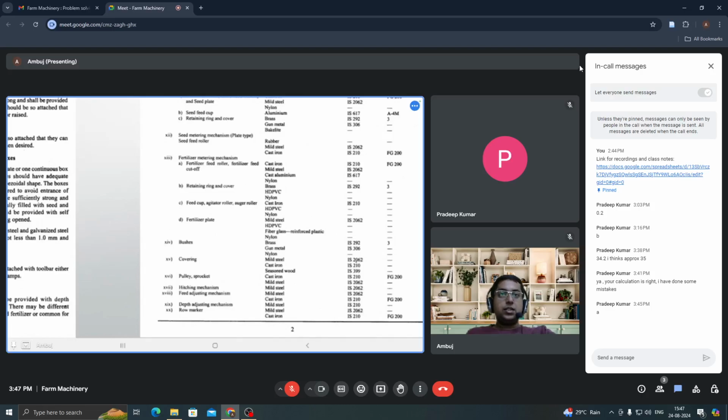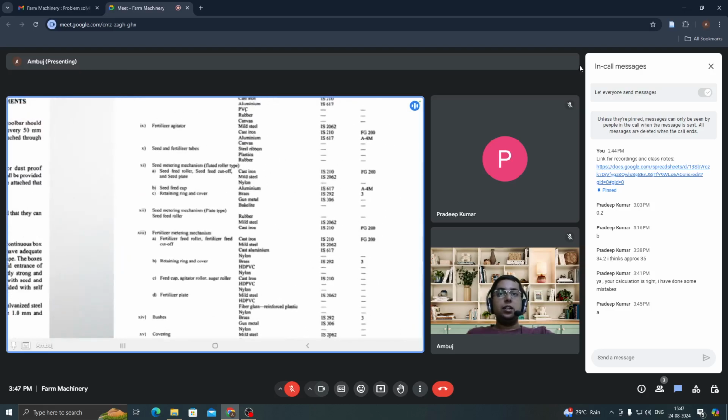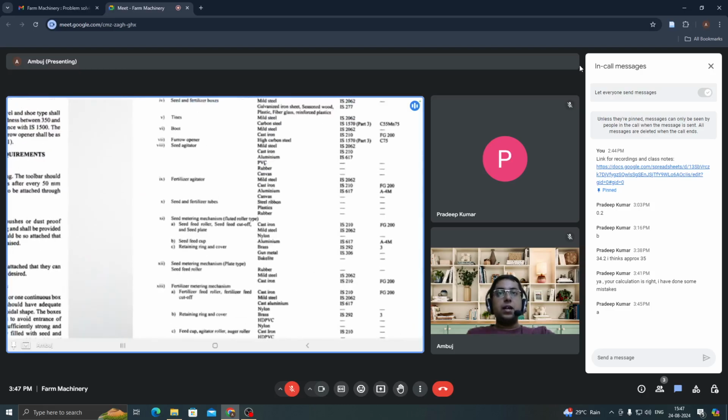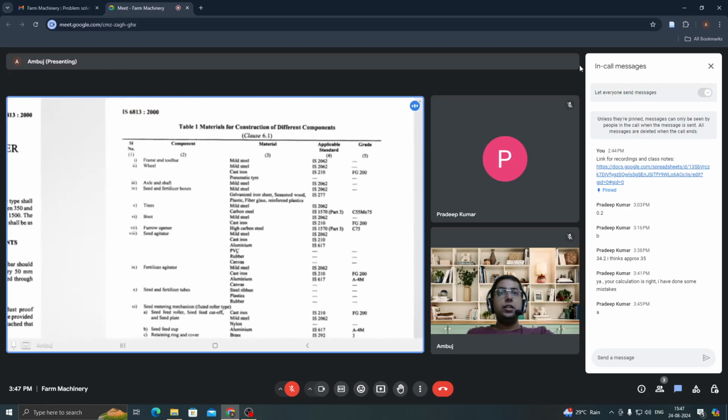Cast iron you must be knowing. It is very shock absorbing, not highly ductile, highly brittle. It is brittle in nature. Then mild steel is there, then seasoned wood is there, gunmetal is there, then fiberglass is there, reinforced plastic is there, cast aluminum is there. For different parts, different materials have been mentioned, as well as which is the standard